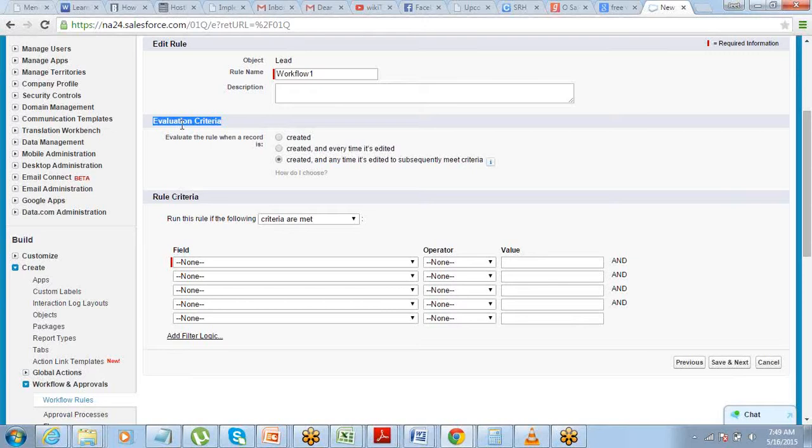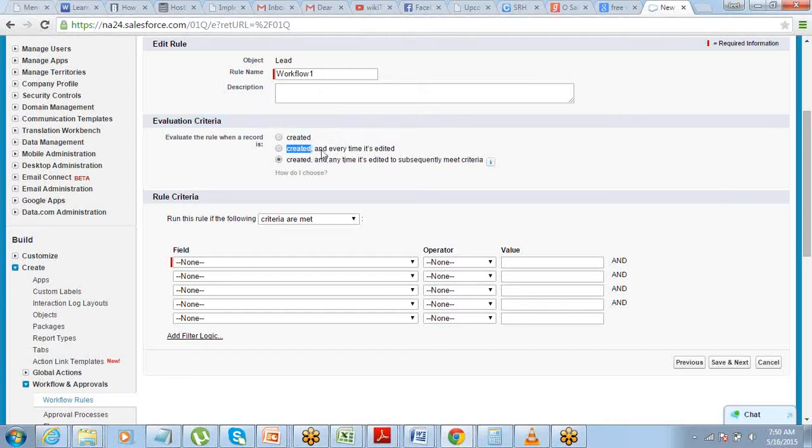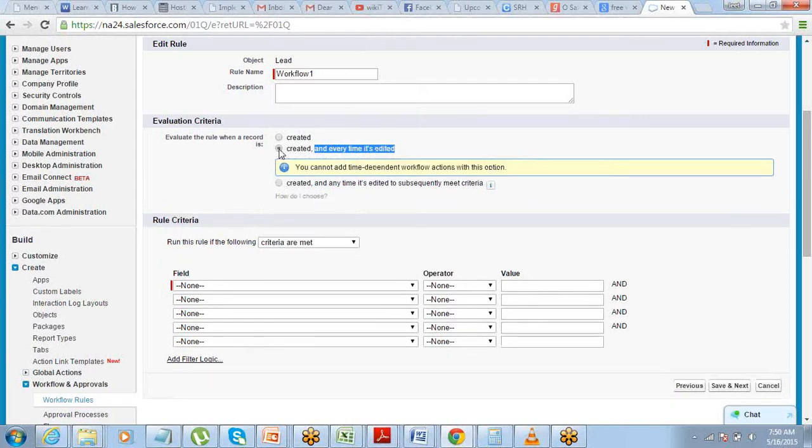The rule can be evaluated only when a record is created. It can also be evaluated when a record is created and every time it's edited. But this will be a little too much, because if you select this one, then every time someone comes and edits a lead, an email will be sent.